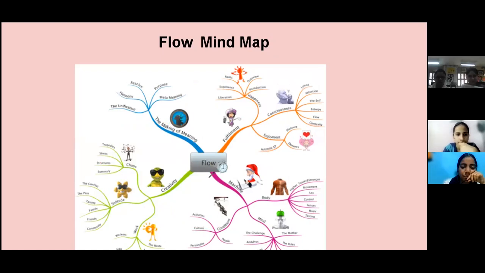What is fulfillment? The machines which we use, your own body. Then creativity, because we all are creative, right? Creativity can be done in chaos also, but creativity can come in solitude also. A single person also can be creative, right? What is meaning? Purpose is there, resolve is there, harmony is there, unification is there. What is fulfillment? Happiness is there, liberation, experience, consciousness, enjoyment. So this is something related to life. So there is a flow for it.